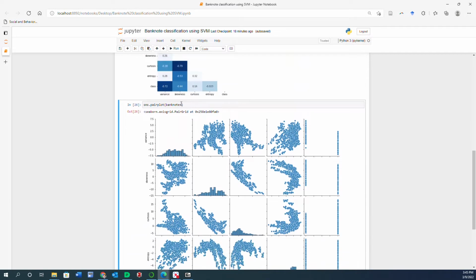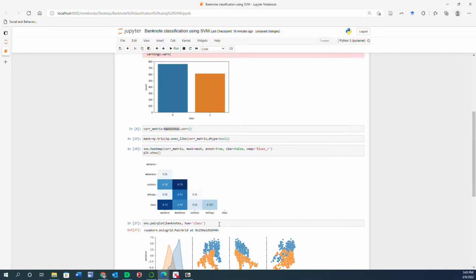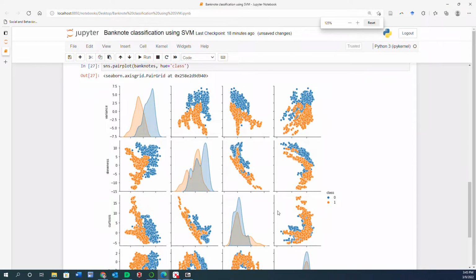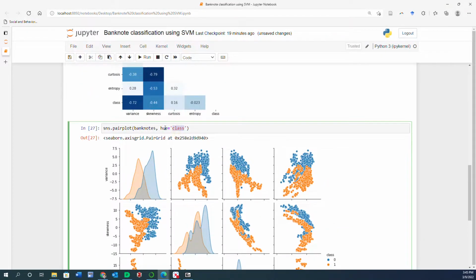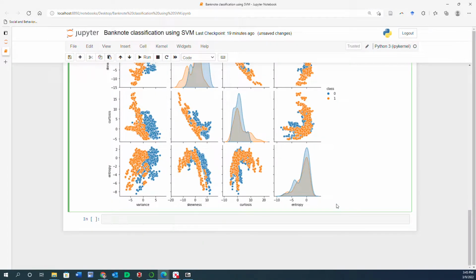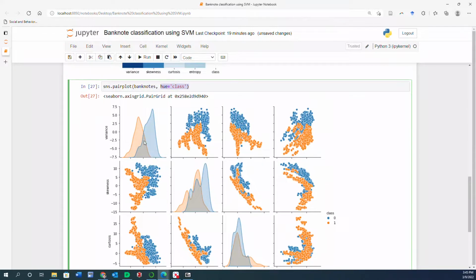Now, if you add color here by the option of hue, and you say that I want to use different colors for different values of class, then you can get an even nicer plot. Let me make it larger. When you add the class as a coloring option, you lose the pair plots with the class, so it's going to become a 4x4 plot rather than a 5x5. However, it's going to use the colors in order to show the